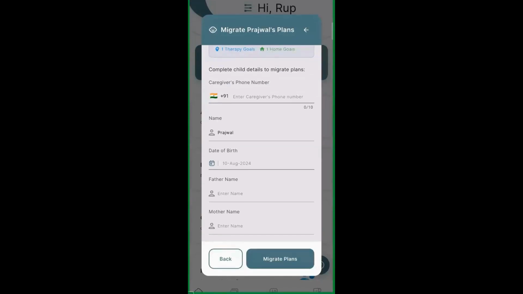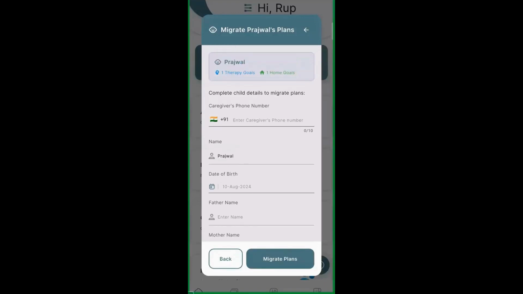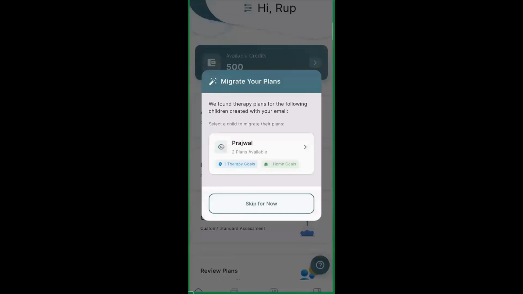Please remember to fill in the number which is used by the learner's parents over WhatsApp, because with this number you would automatically be able to share the details, the reports that you have for any daily check-in sessions and their reports. You would be able to send them automatically. So please be careful while writing this number. Please fill in all the details and continue. I will skip it for now, and